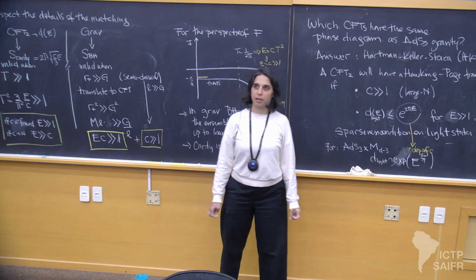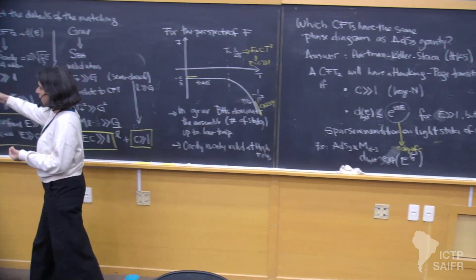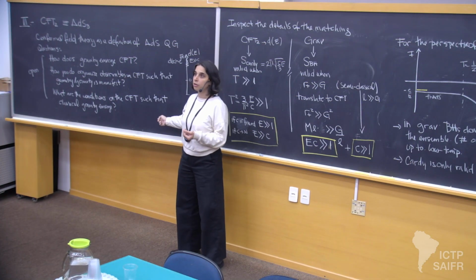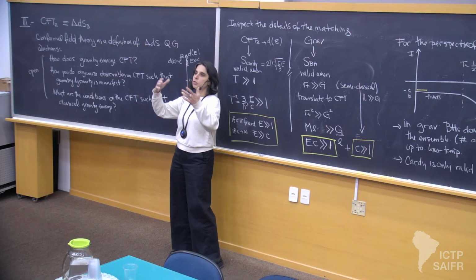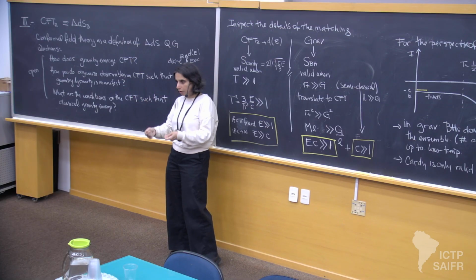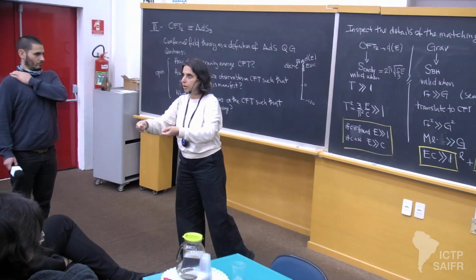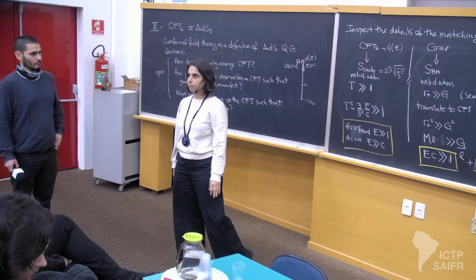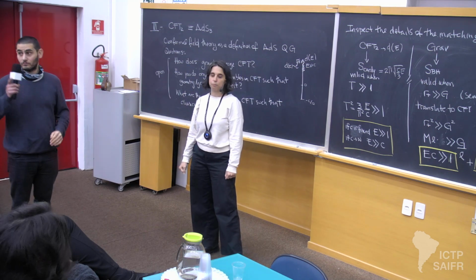And so the issue right now, the tension in trying to answer these questions, is that we're extremely ignorant about the space of conformal field theories when the central charge is bigger than 1. We know properties, we know symmetries, we know how you should describe them. But if you tell me, oh, write for me a Lagrangian, give me a list of primary operators and so on, we're pretty bad at that.